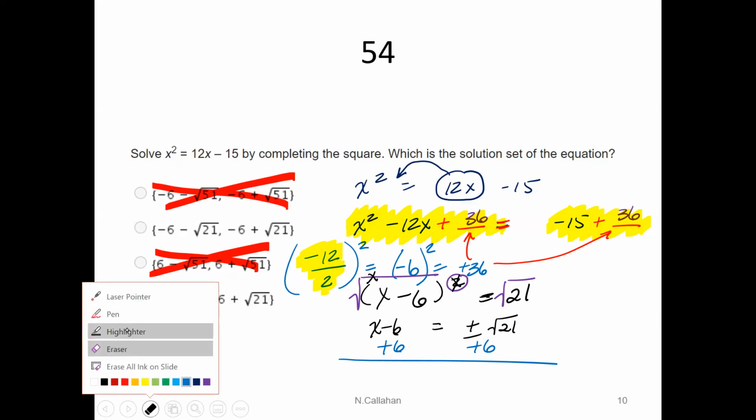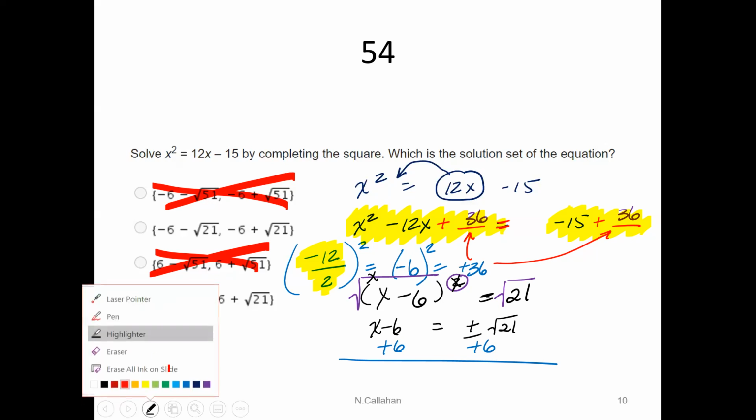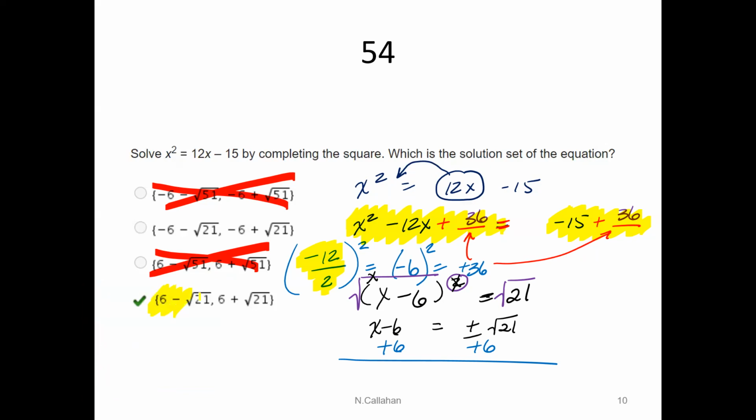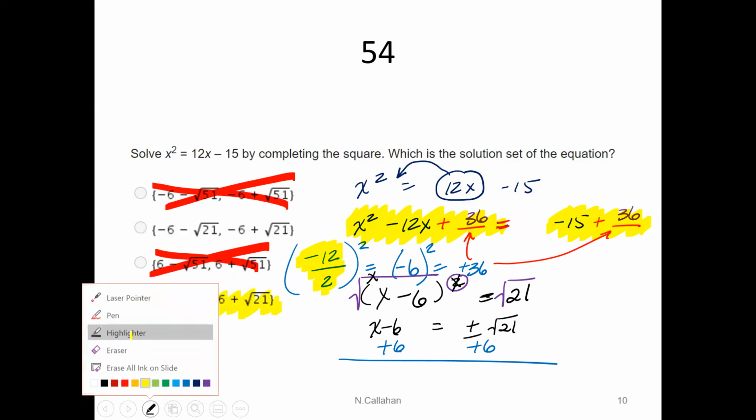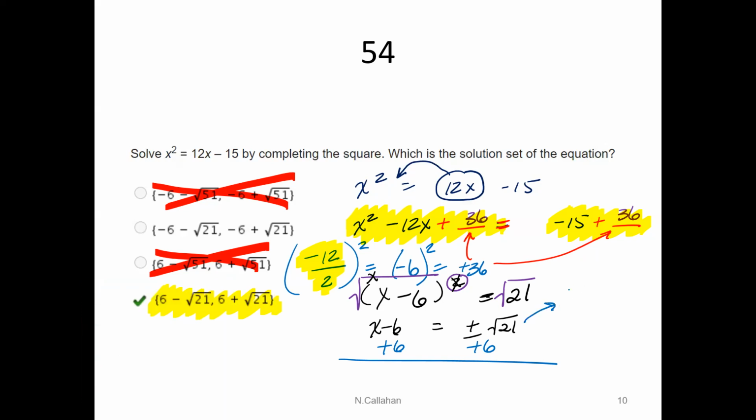Yeah, because it's a positive 6. Okay? And so that's only reflected in D. D has a positive 6. So then your two answers here, because it gets split, a positive 6 plus the square root of 21, and a positive 6 minus the square root of 21. So D as in